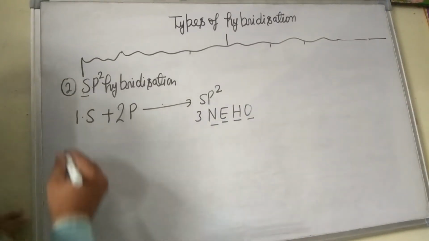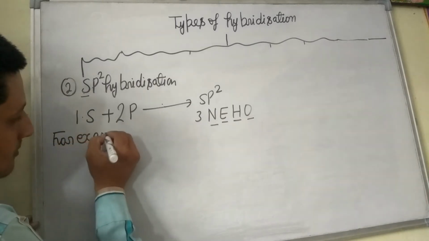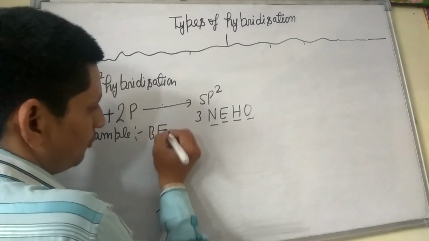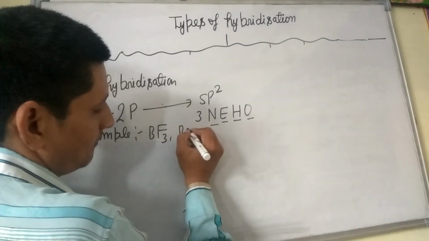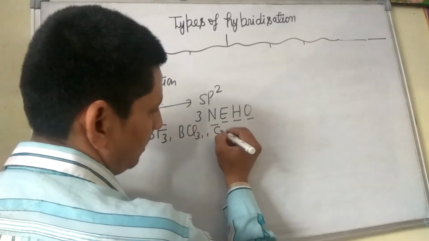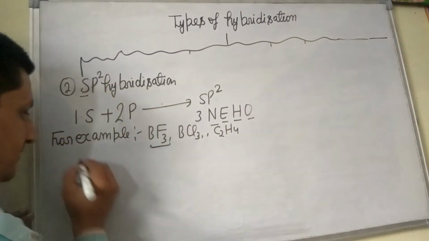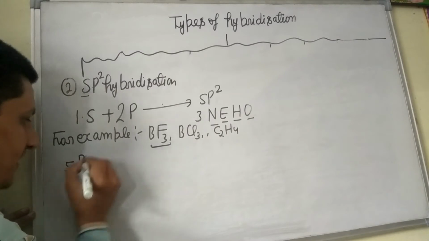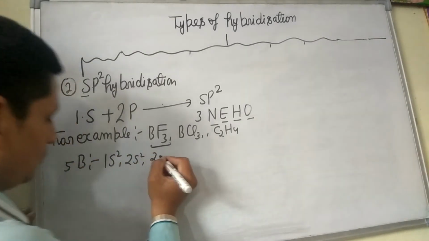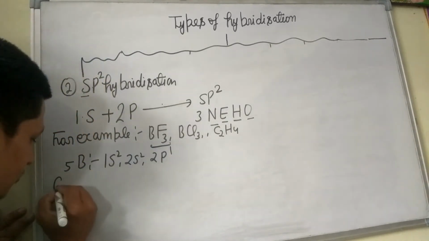After this, for example boron trifluoride, boron trichloride, and ethene. So look here, first we discuss hybridization in BF3. Atomic number of boron is 5, its electronic configuration is 1s2, 2s2, 2p1. Now in ground state,